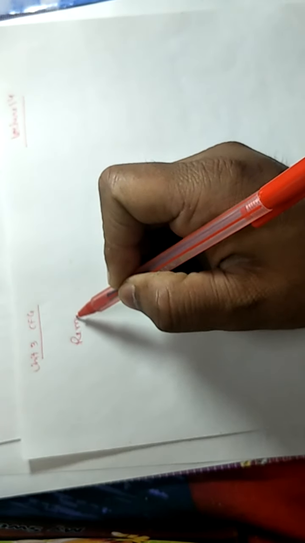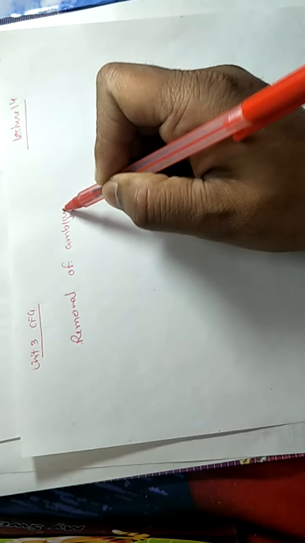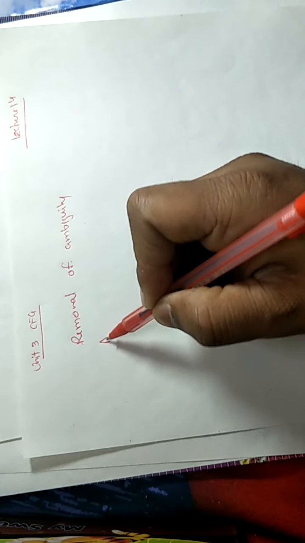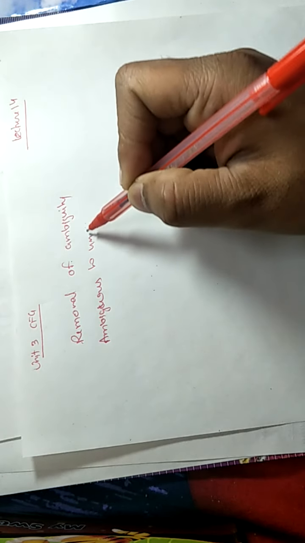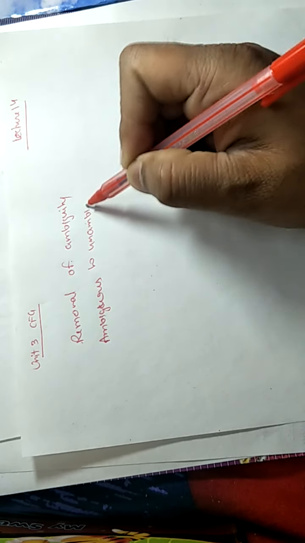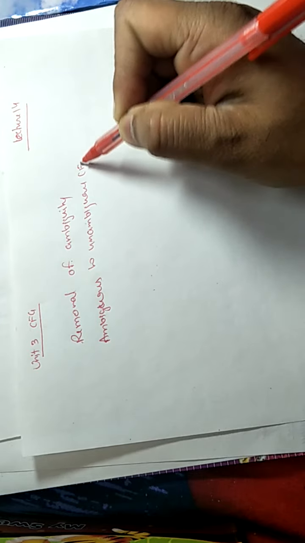Welcome everyone to lecture 14 of unit 3, context free grammar. Today we are going to learn about removal of ambiguity, or we can say ambiguous to unambiguous CFG. And we have to know that there is no algorithm for this purpose, and we have some patterns that